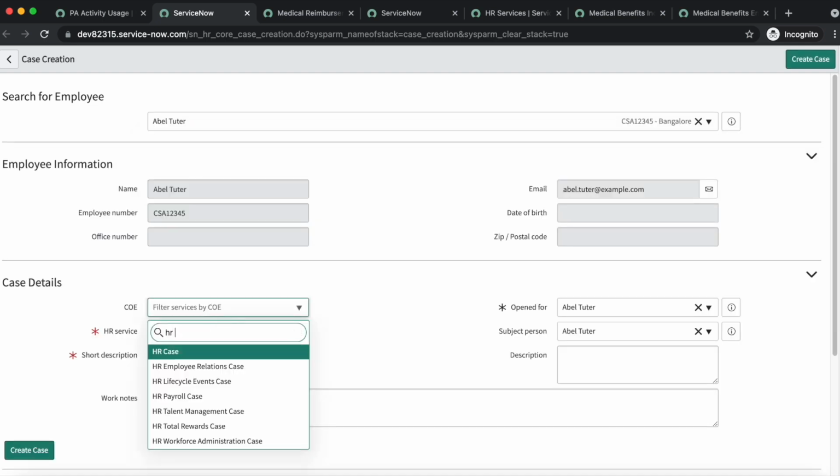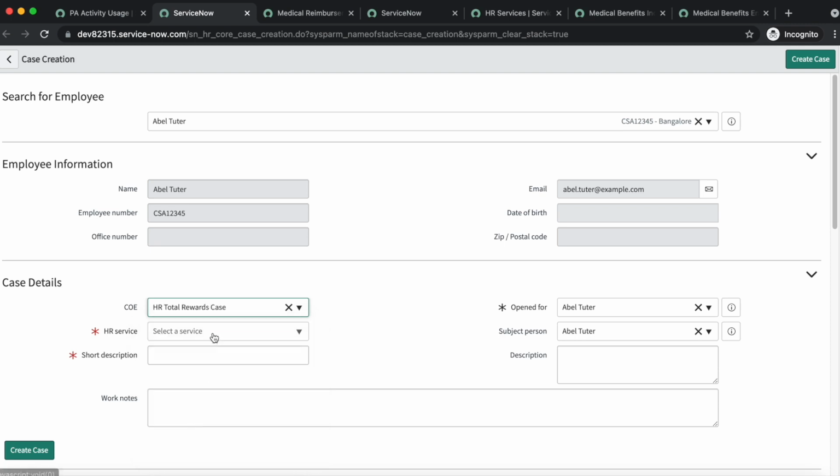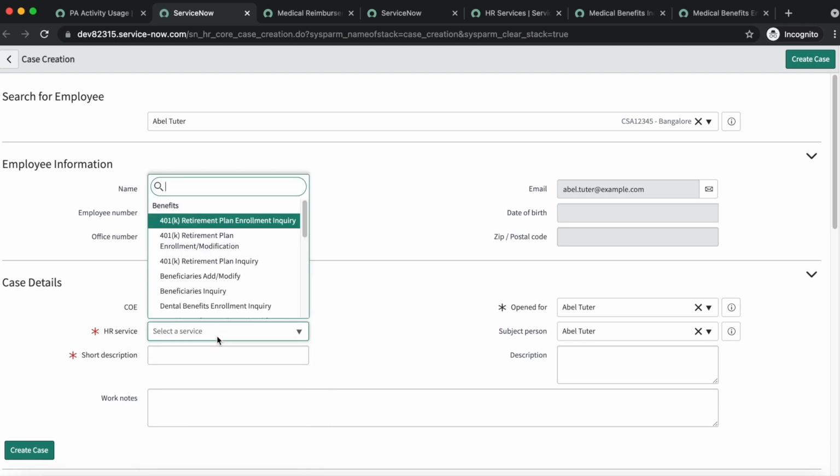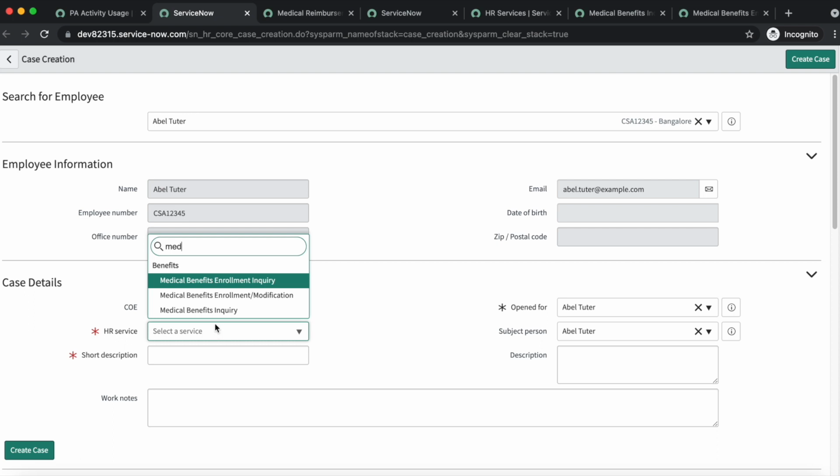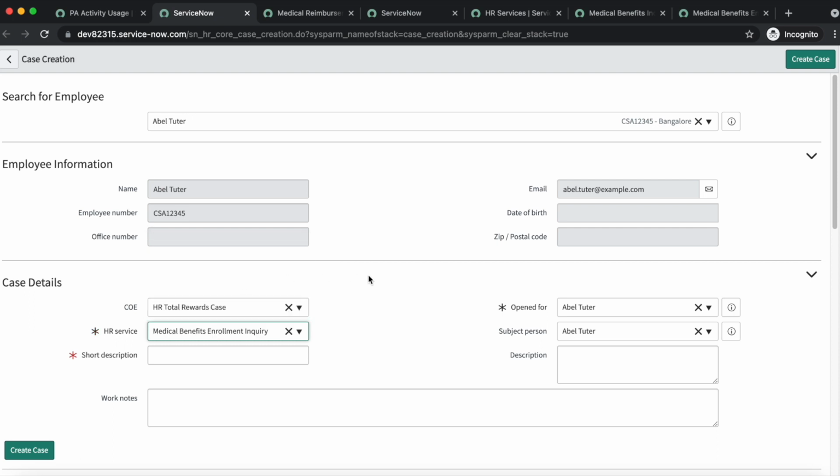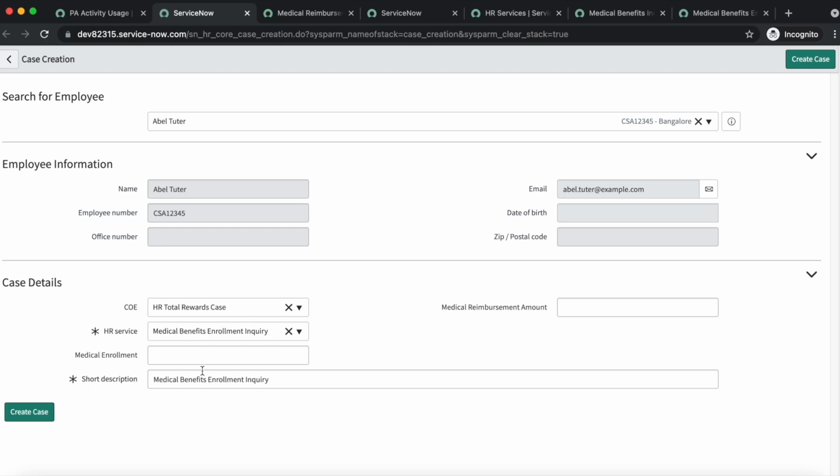Now we will select HR total reward case, and inside that we will have to select medical benefits enrollment inquiry. So here you can see that on the left side we have a medical enrollment, on the right side we have a medical reimbursement amount, and we have a short description at the bottom.